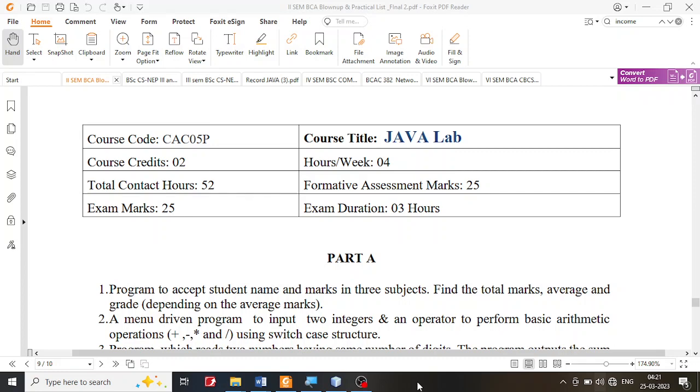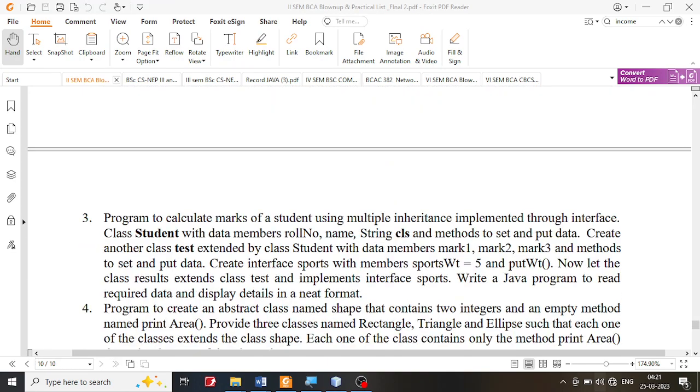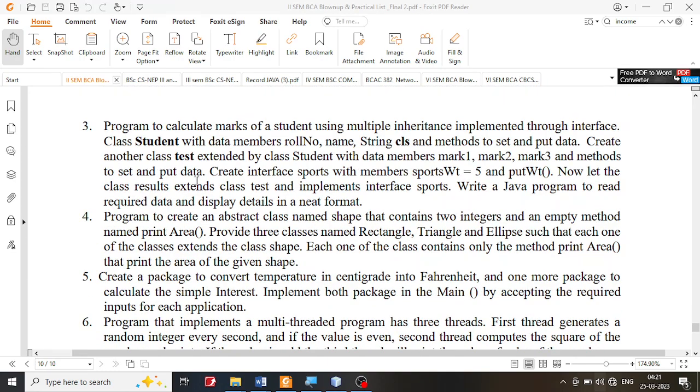In this session, I'm going to demonstrate to you problem 3 in part B of Java lab. Let's look at the problem first. So the problem reads as follows. We are supposed to calculate the marks of the student using multiple inheritance